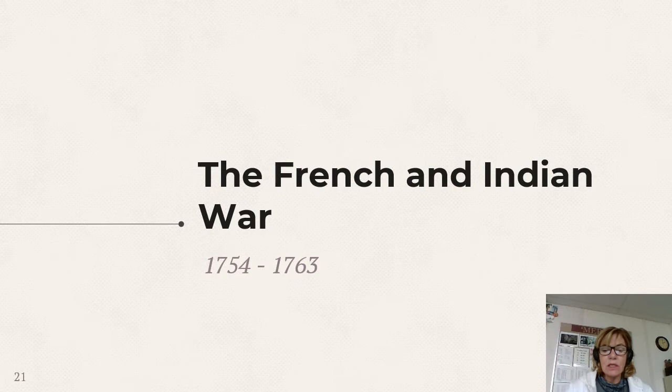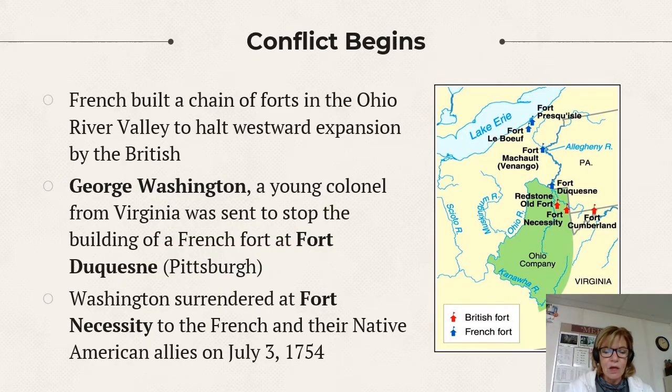Okay, so this is going to lead us to the final of those four wars, and this is known as the French and Indian War. And as I said, in Europe, or at least in England, it's known as the Seven Years' War. Okay, it all started down here in the Ohio River Valley. What the French were doing was building up these forts, and you could see them up there just south of Lake Erie, and then going all the way down to Fort Duquesne.